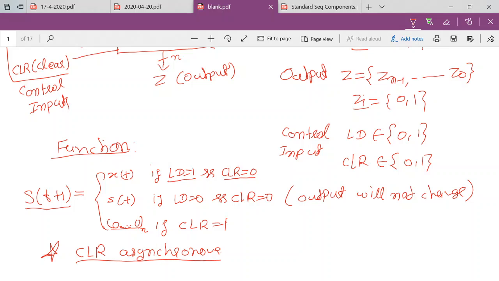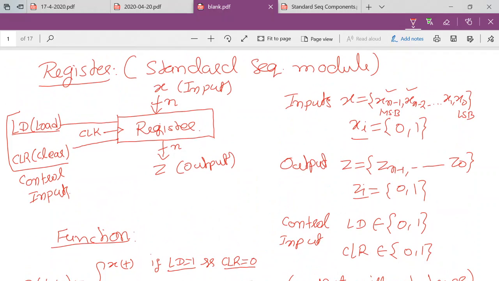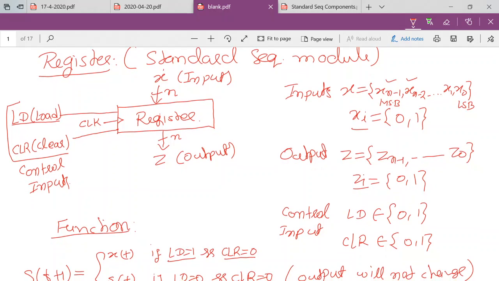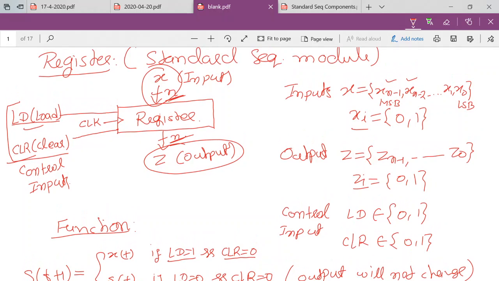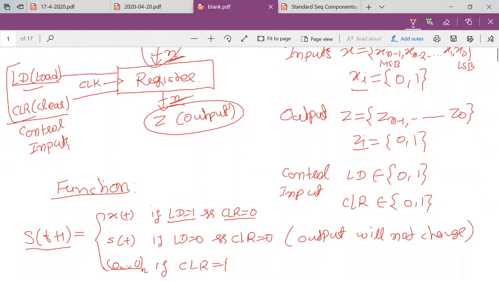Okay, now we are going to discuss how we will implement a register. Before that, let me briefly recap what a register actually is. There is some input here, there is some output here of n bits. We are assuming each of n bits. There are two control signals, load and clear. We have understood the meaning of that. Load means we want to load the new input at the output, so Z would become equal to X, and if clear equals 1, Z would become 0. That's it. So we have defined the functionality of the register here.